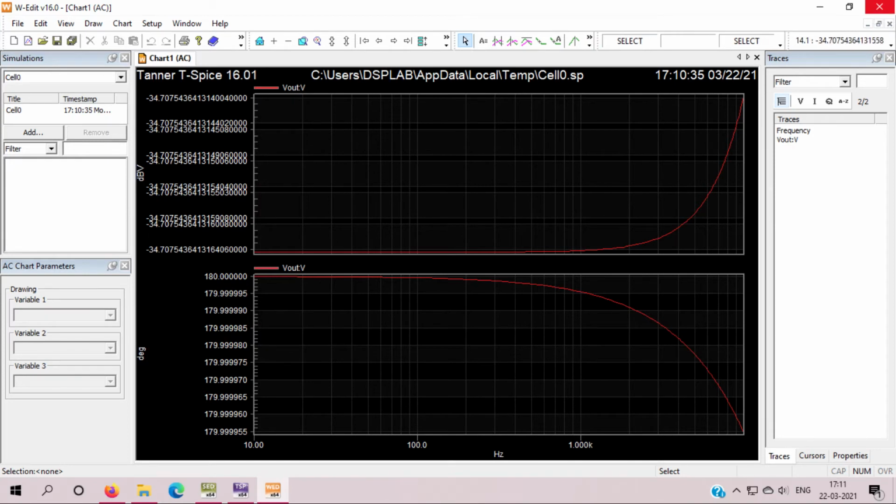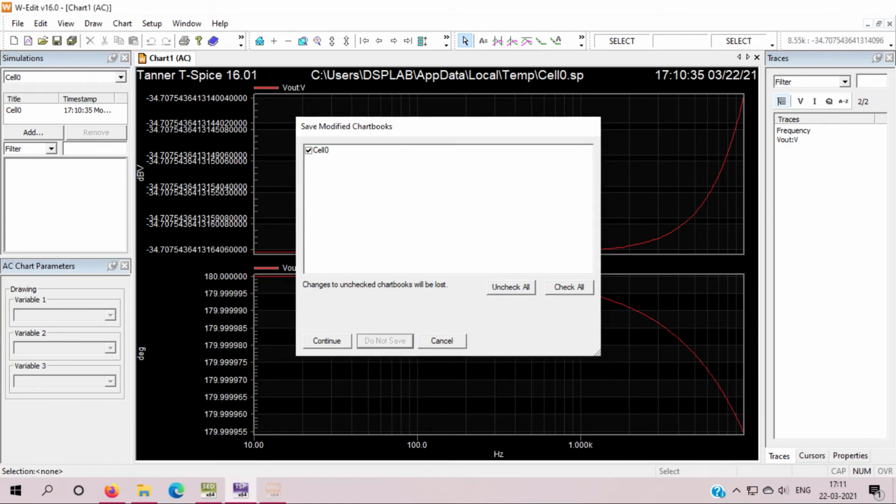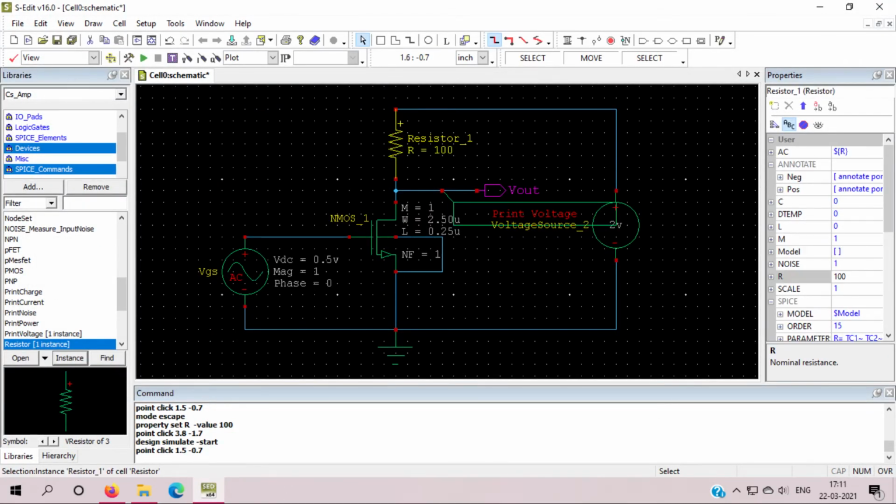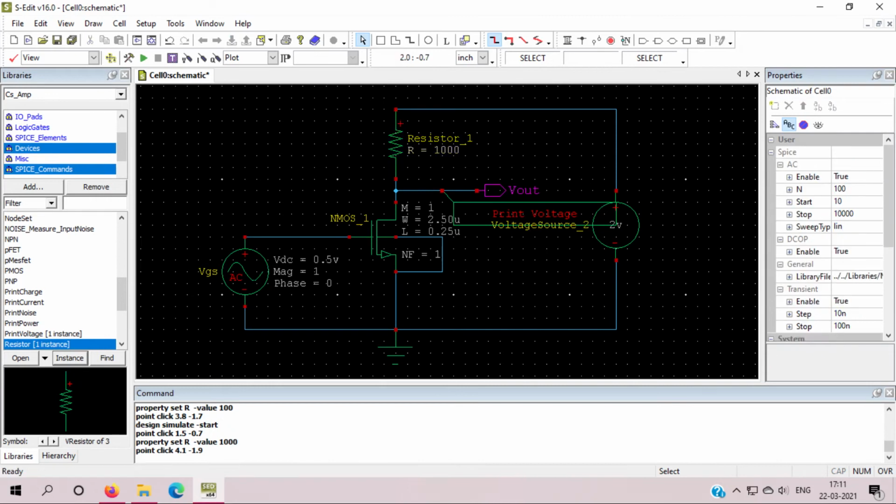So this is with resistance. I will change one more time. I will give it 1000, meaning 1K, and again we will run.